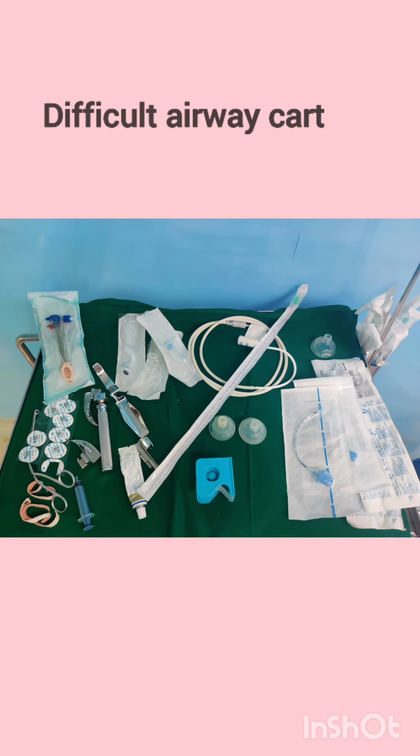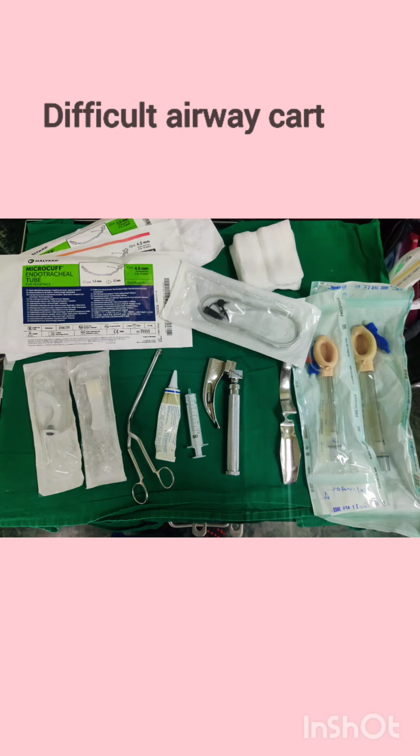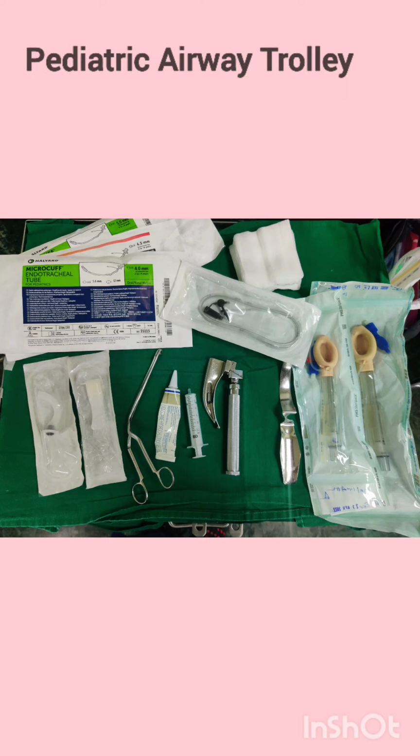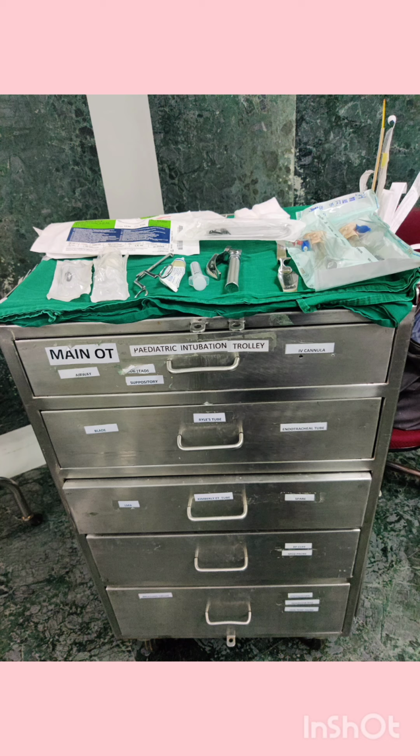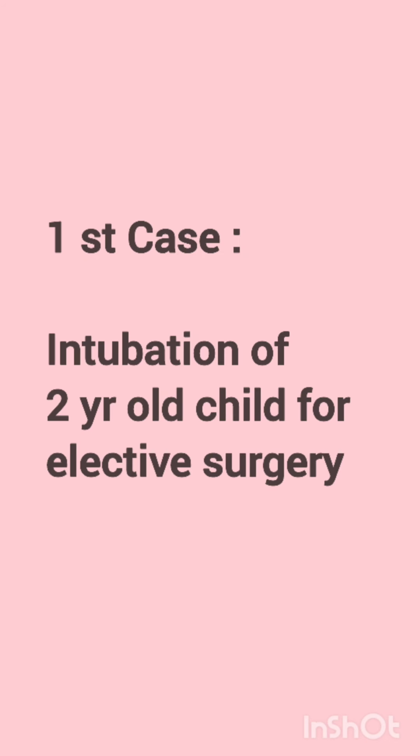A difficult airway cart should be kept ready, containing masks and endotracheal tubes of different sizes, laryngoscope with Miller and Macintosh blades, CMAC if available, oropharyngeal and nasopharyngeal airways, a bag mask ventilation device like the AMBU, stylet, Magill forceps, bougie, supraglottic airway devices, suction catheters, and infant feeding tubes. Most hospitals would have a dedicated pediatric airway trolley containing all the pediatric airway devices in one place.